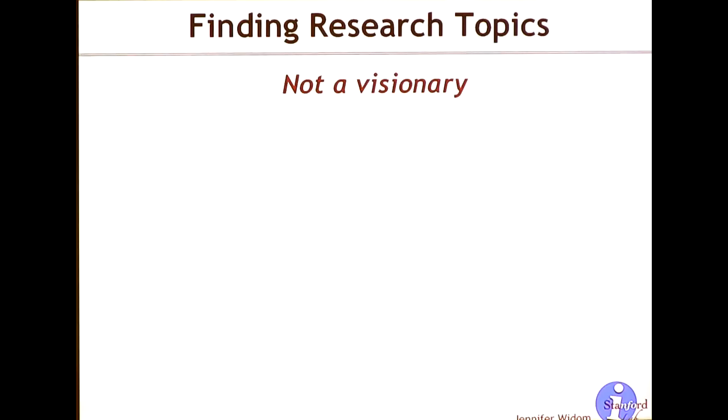So I would say I am not a visionary. In fact, I'm going to emphasize that big time. I'm not a visionary. But as a faculty member in computer science, our primary purpose is to conduct research and generally to build groups and have research groups having impact on the field of computer science. So if you're not a visionary, what do you do if you're in my job?